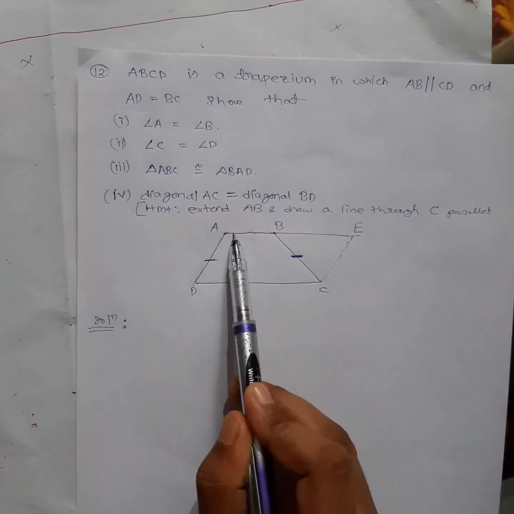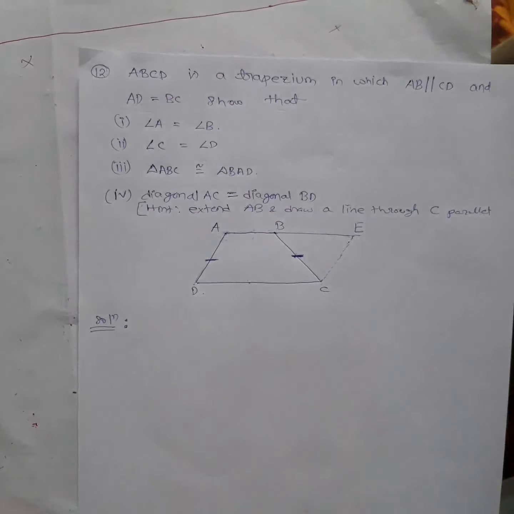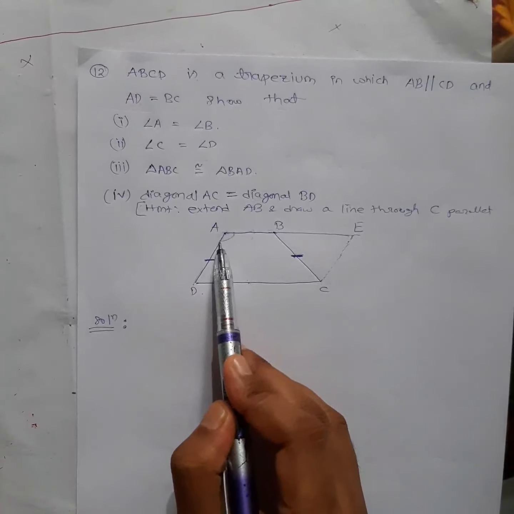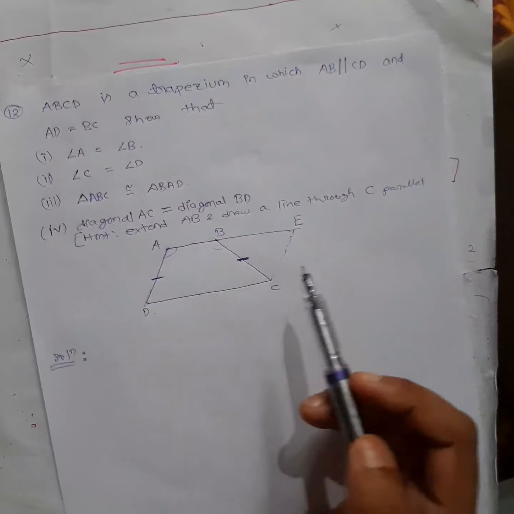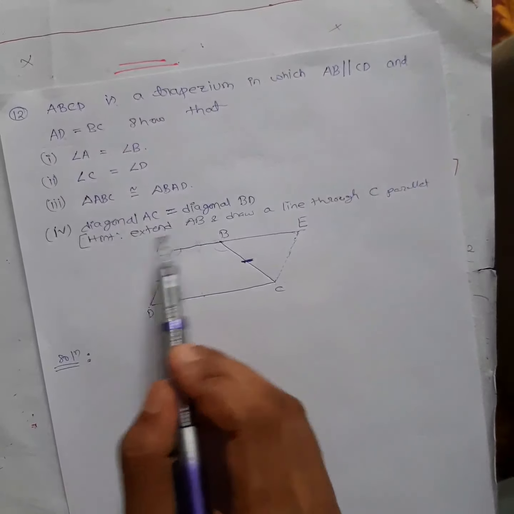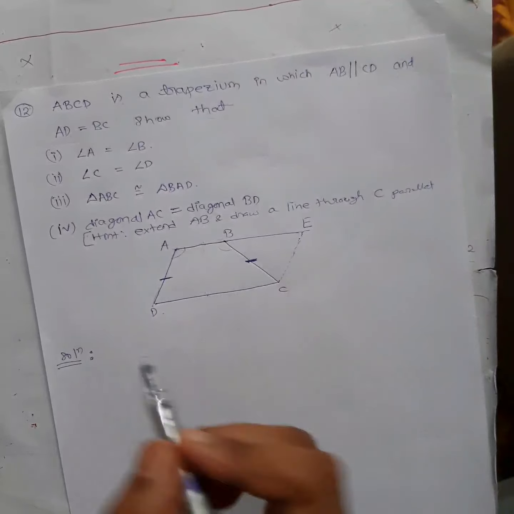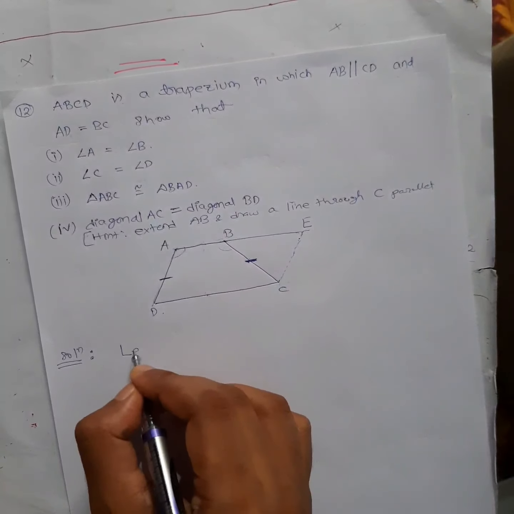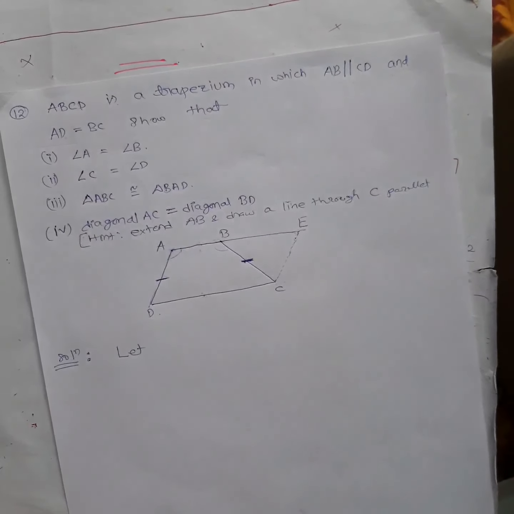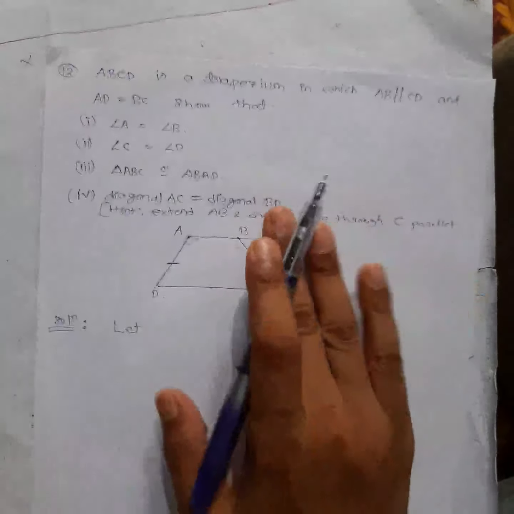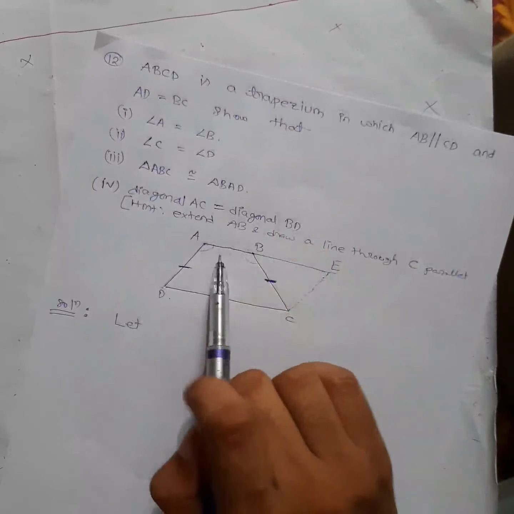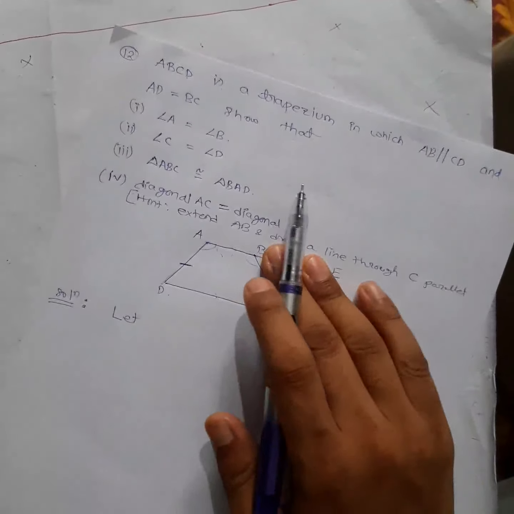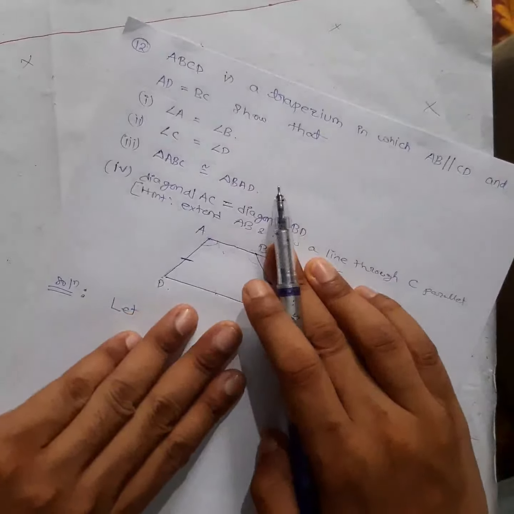So angle A is equal to angle B, we have to show this angle is equal to this angle. Now how will we show that? For that we need to construct, okay? They have also given a hint for you. So the construction I will just write down here. Let's see what the advantage is. First thing, without this construction it's very difficult to prove this is equal to this. Which property will you use if you don't have this construction?